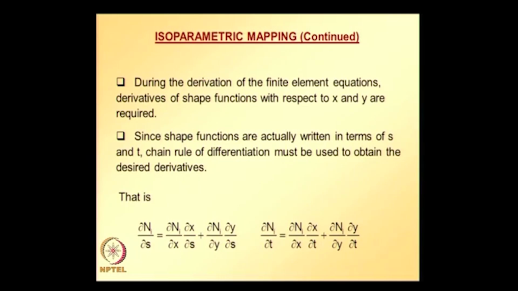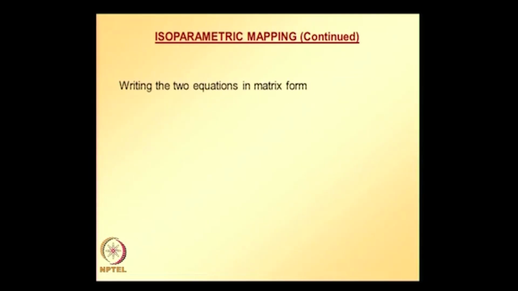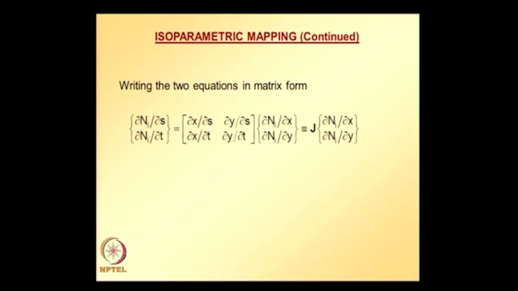Similarly, partial derivative of shape function with respect to t is equal to partial derivative of shape function with respect to x times partial derivative of x with respect to t plus partial derivative of shape function with respect to y times partial derivative of y with respect to t. These two equations can be put in a matrix and vector form. Writing the two equations in matrix form,